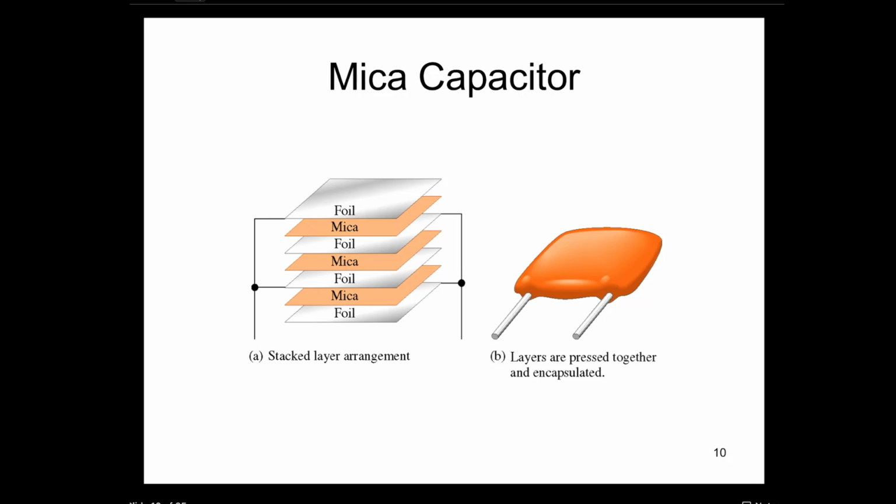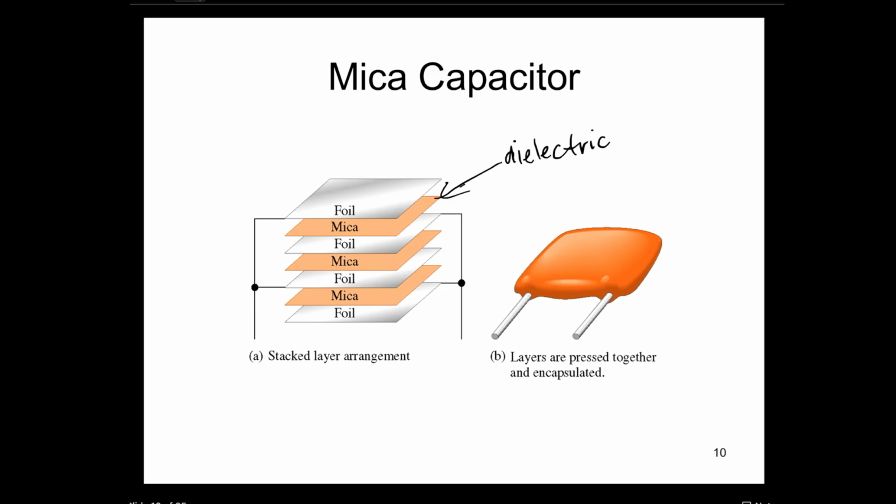So capacitors are designed in all sorts of ways in order to essentially give you more capacitor plates in a smaller area. So notice how that's been done here. It's basically a sandwich type layering of the plates and a dielectric material like what we see here. This would be a mica dielectric,